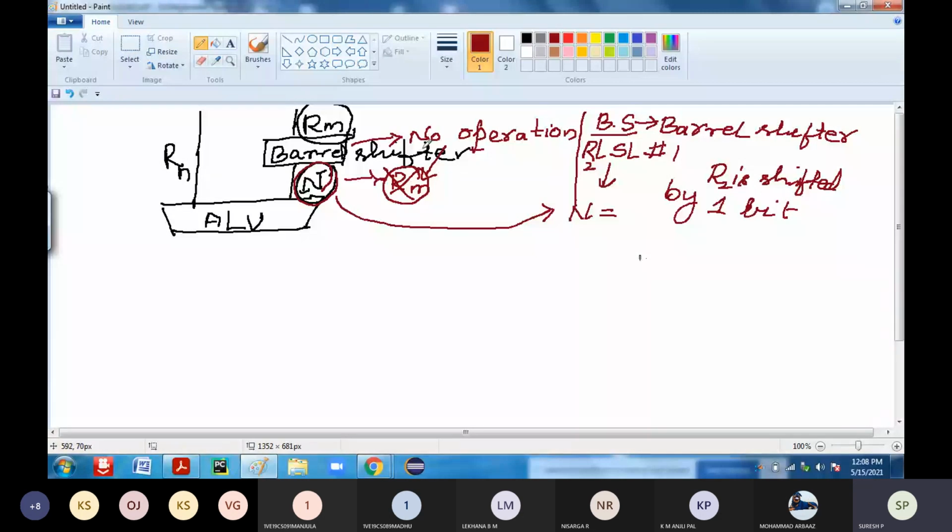If you are not performing any barrel shifter operation, then whatever value enters is assigned to the variable n. If a barrel shifter operation is performed, then the value you get after performing it is assigned to n. That is what it specifies here.